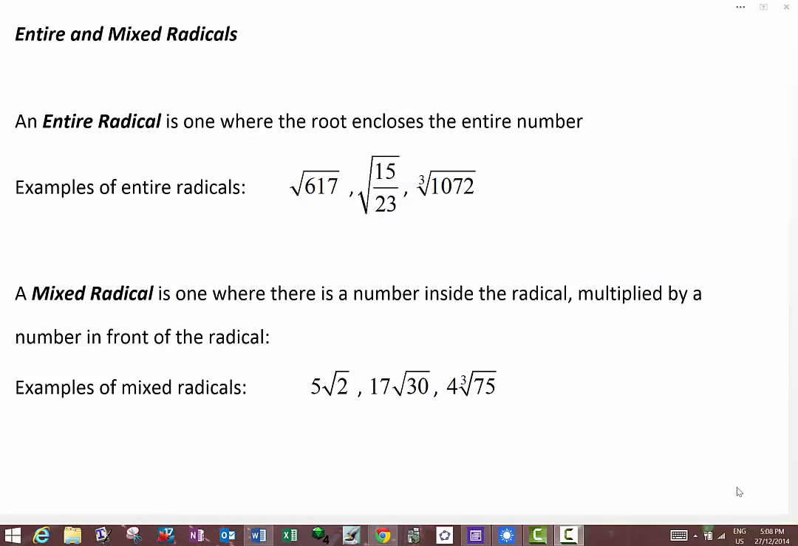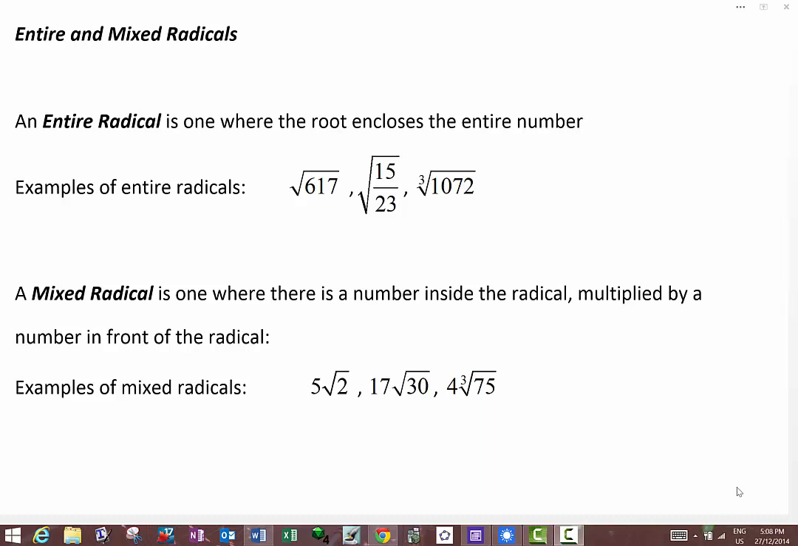In this short video we're going to look at converting between entire radicals and mixed radicals and vice versa. Firstly, let's consider what a radical is. A radical is a number enclosed in a root. It could be a square root or a cube root or any level of root. An entire radical is one where the root encloses the whole number,